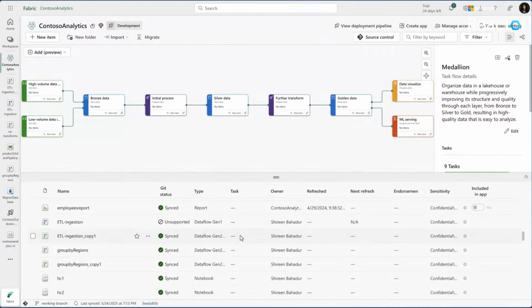Right, that was a quick overview of the Dataflow Gen2 CI/CD end-to-end experiences and capabilities for both creating a new item, but also to manage it, to refresh it, to look at the previous refreshes and so on. So this is all generally available now as of a month ago,